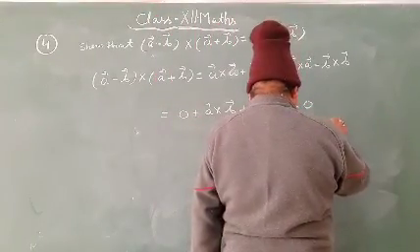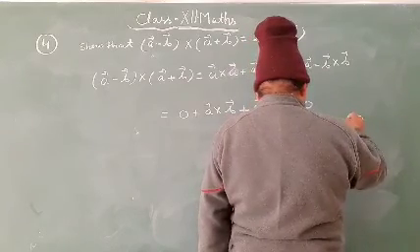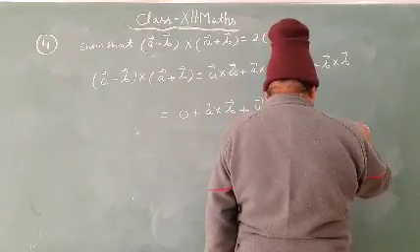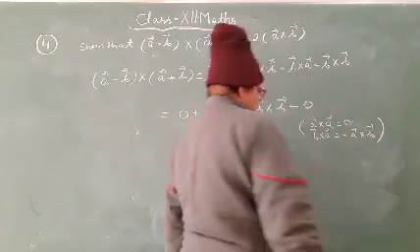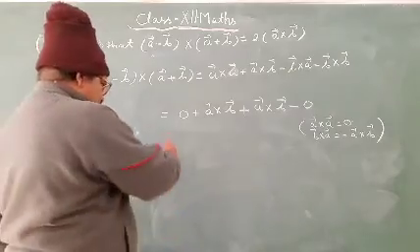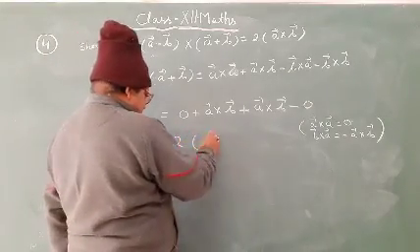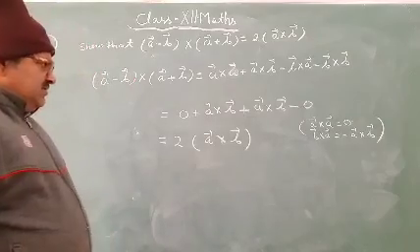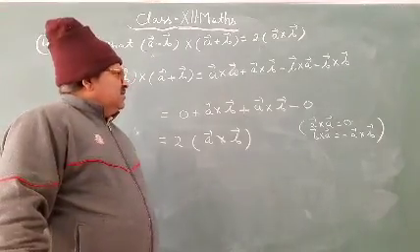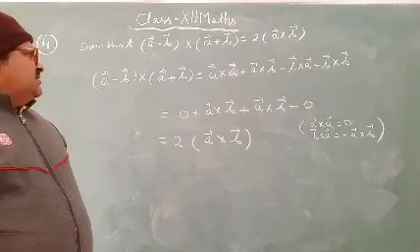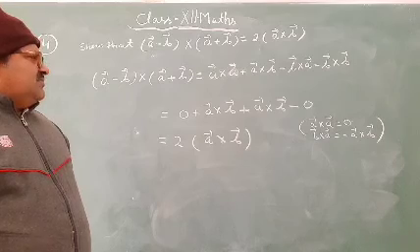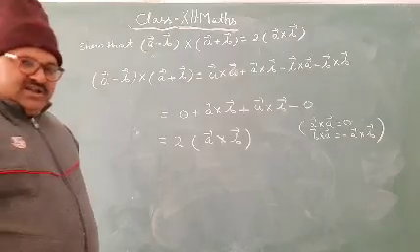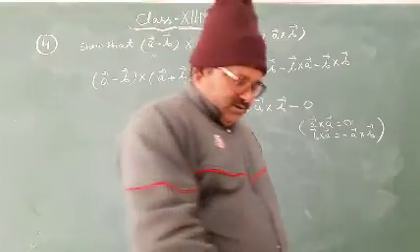Now here we use vector A cross vector A equal to 0 and B cross A is equal to minus vector A cross B. So that is twice of vector A cross vector B. It is proved that (vector A minus vector B) cross product (vector A plus vector B) equals twice of vector A cross vector B. Clear? Next question.